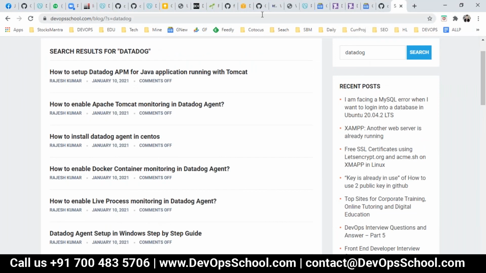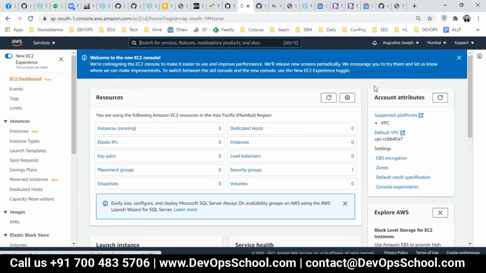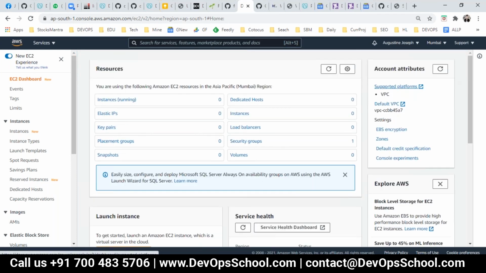But what I am trying to do here is create one box, one Linux box. So look at my screen.